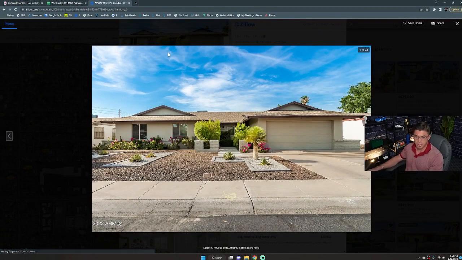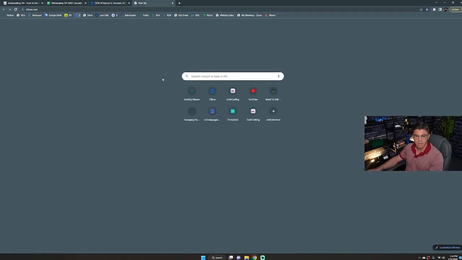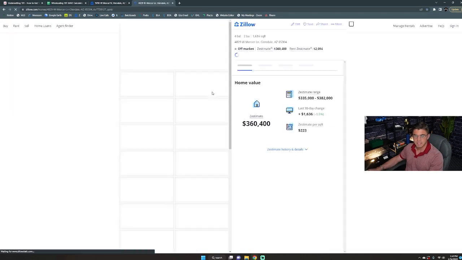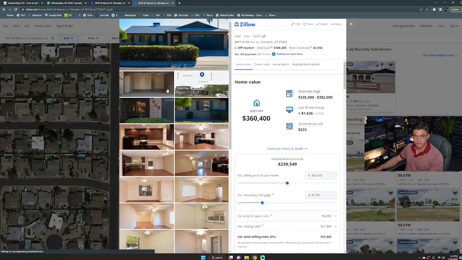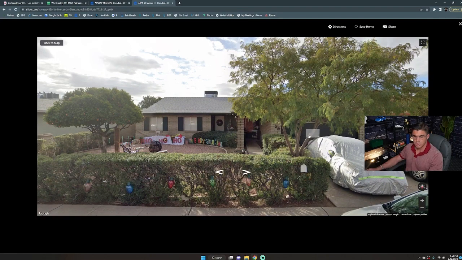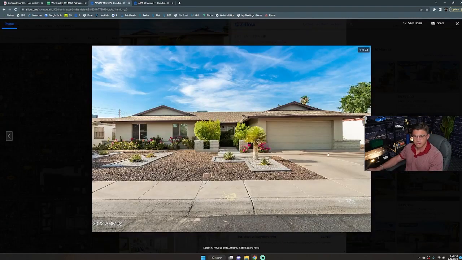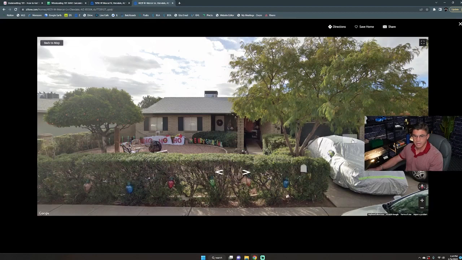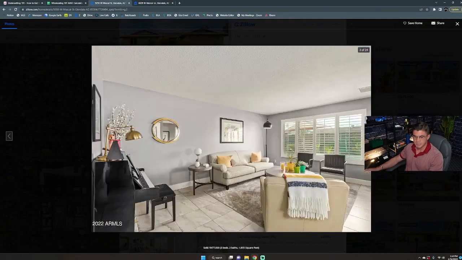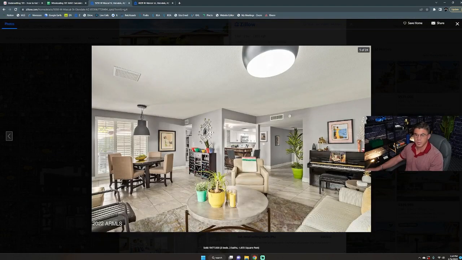So this looks very similar to our property. Let me pull up our property again so I can do some side-by-sides. If we look at the street view of our property, what do we got here? 2-car garage. Very similar, right? Very similar property. Now this is a little bit bigger, but as we can see here, this house was recently